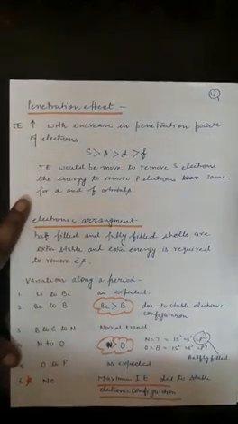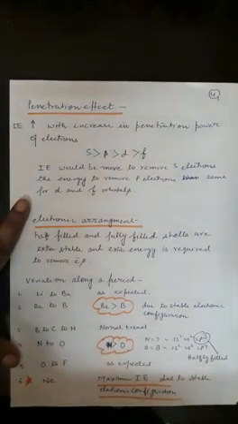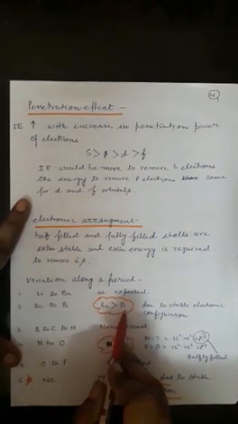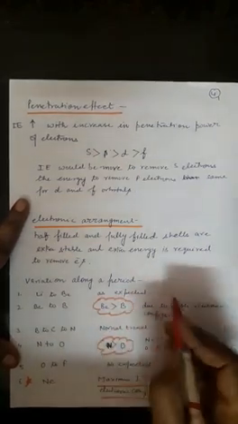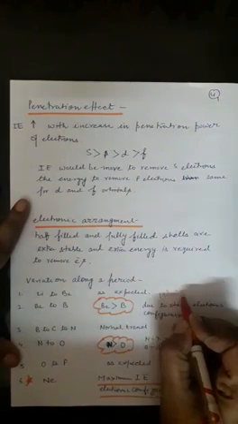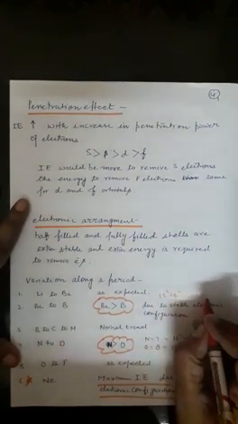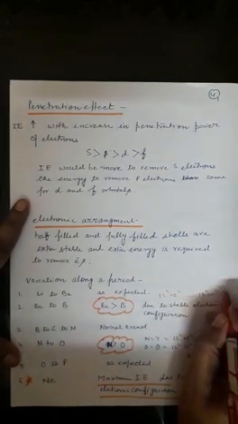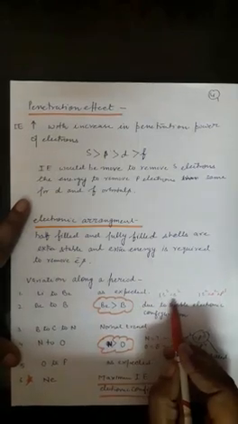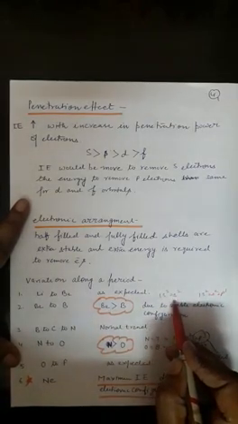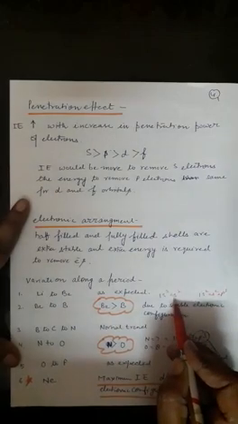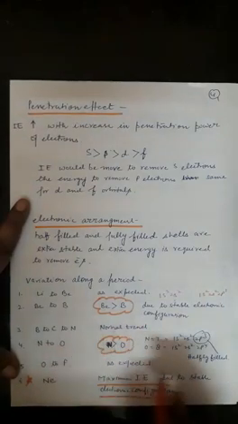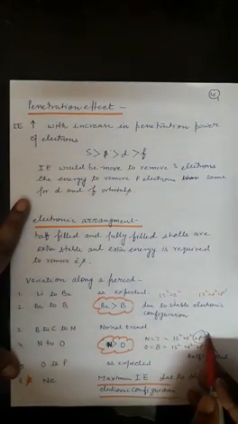We have to discuss this trend, and the explanation is given first in case of beryllium and boron. Beryllium, the electronic configuration is 1s2 2s2, whereas in case of boron, the electronic configuration is 1s2 2s2 2p1. So here beryllium has a more stable electronic configuration, and it is difficult to remove the electron, and high ionization energy is needed. Same in the case of nitrogen, electronic configuration is 1s2 2s2 2p3.